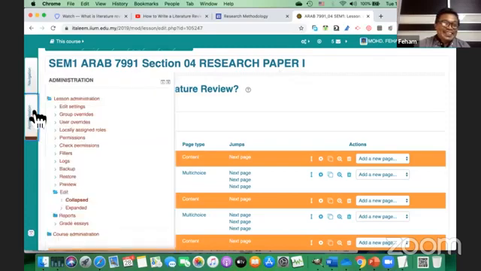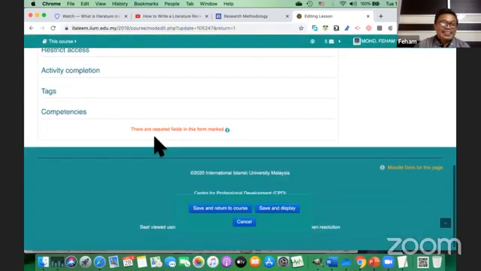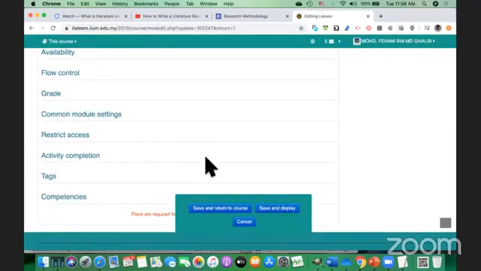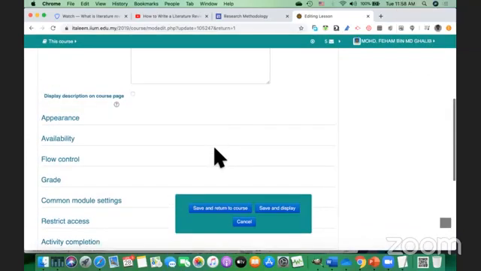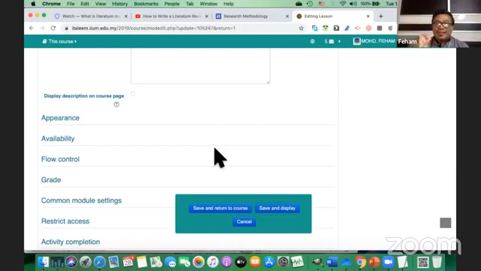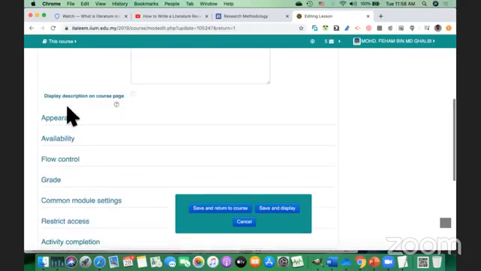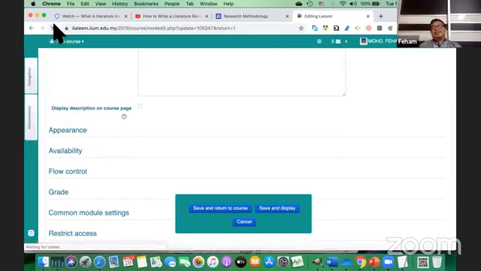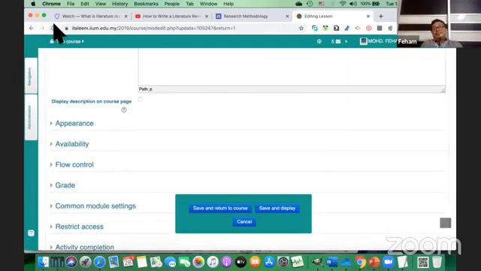Go under edit settings of the lesson, under the grade section here. Just change it from graded with marks to not graded. The connection is slow, so I couldn't see the option available. But you can do that. It can be graded or not graded.